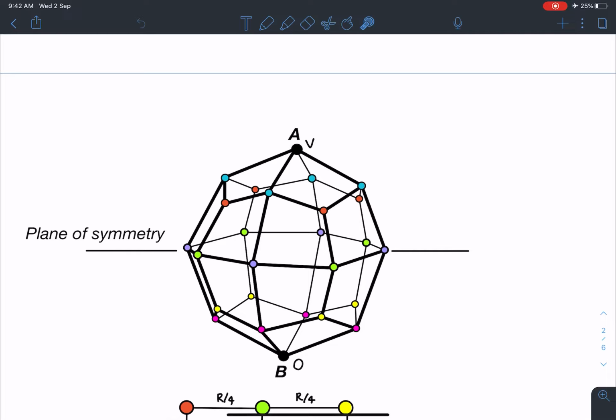Now here, if you see in the plane of symmetry, there are 8 resistances again, but in this case there is one type of resistance coming from this orange one, and another one coming from the cyan color. So here, 4 branches are joining with one type of junction, and these 3 branches are joining with 4 branches. One here with 3 branches, orange color, is joining with some point which has 4 branches in the plane of symmetry. So here also we are going to separate these two, with 4 branches.